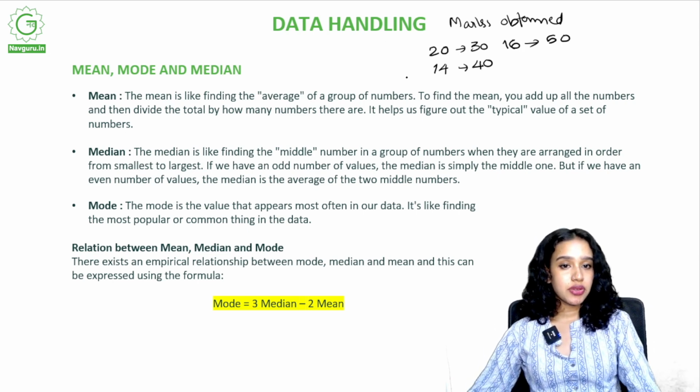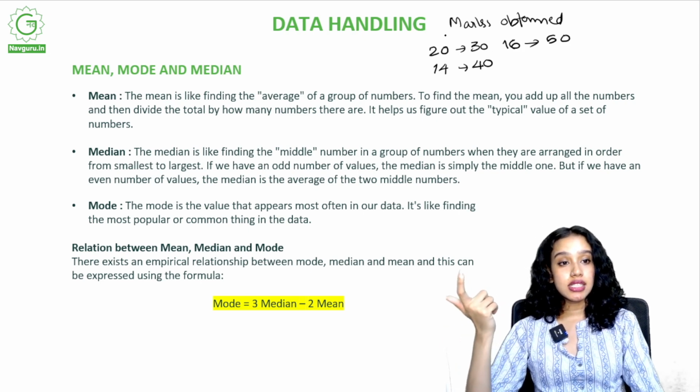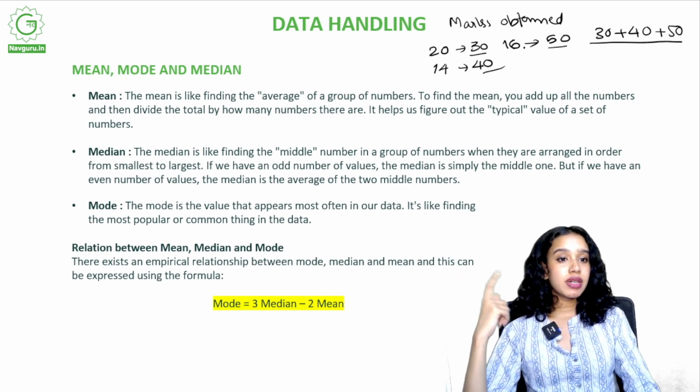So these are the data that we have. To find the average marks of the whole class, what do we do? We add the marks. So we have 30 plus 40 plus 50, and we divide it by the number of